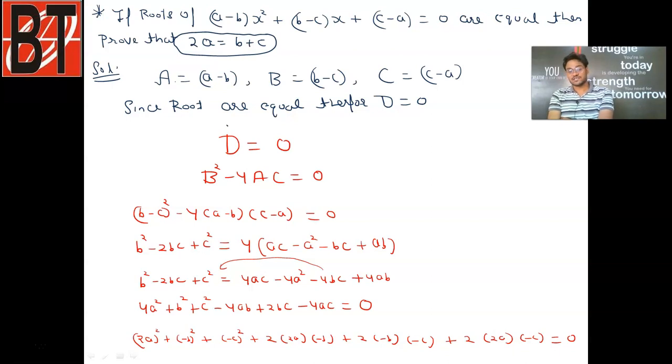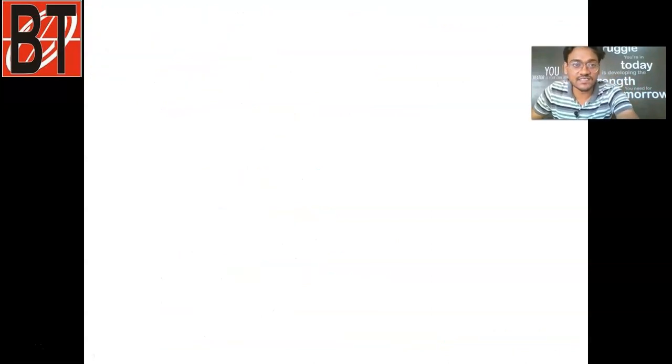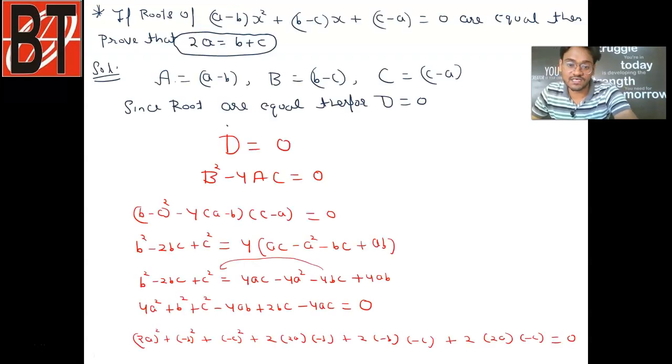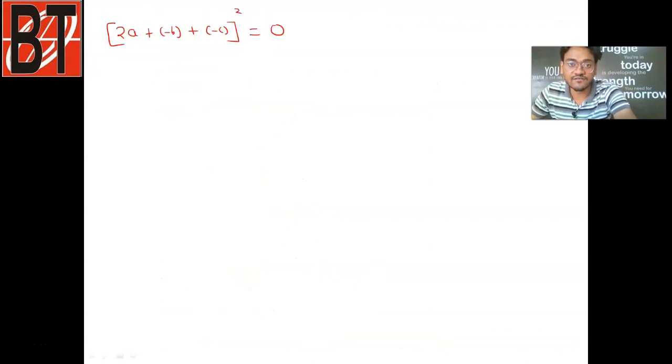So students, here because 2A, minus B, minus C are taken as a, b, c, the expression is a square plus b square plus c square plus 2ab plus 2bc plus 2ac, and the identity has been formed. So yes, we can write this as (2A minus B minus C) whole square. If you expand this whole square using the identity (a plus b plus c) whole square, you will get the same expression. And in the right hand side we had 0.